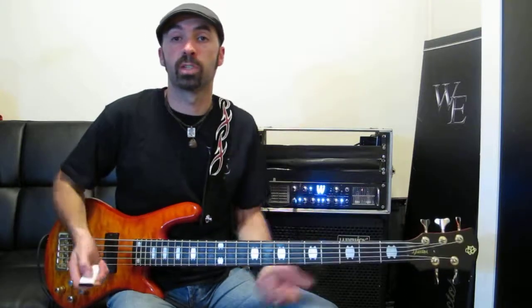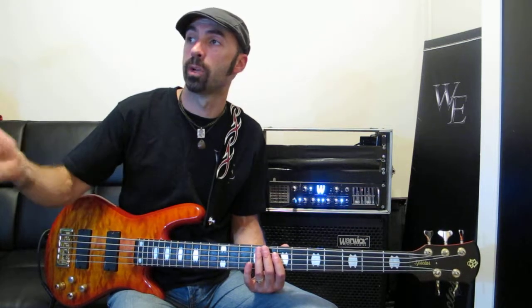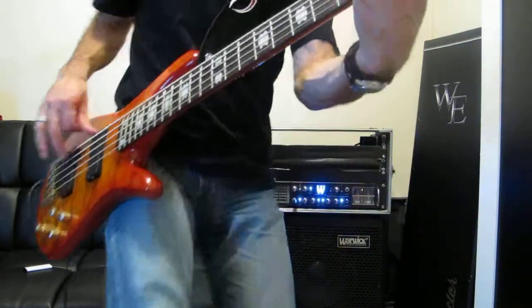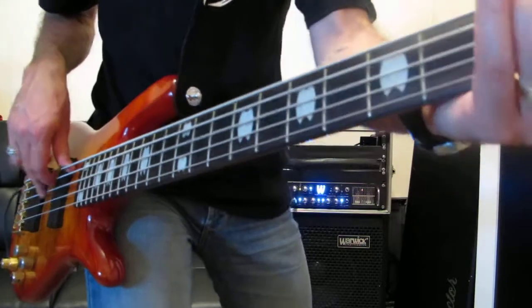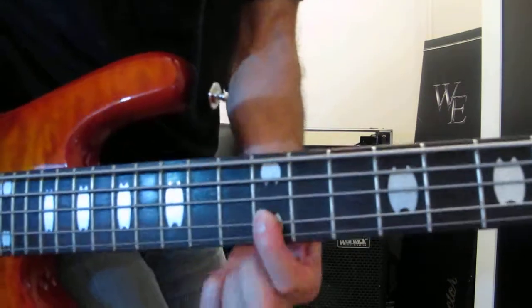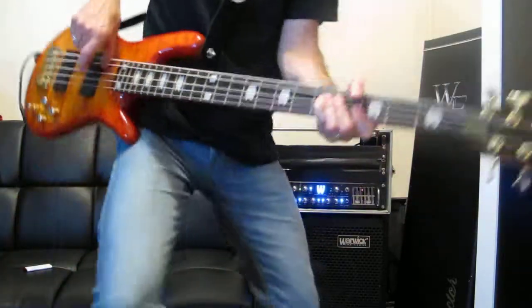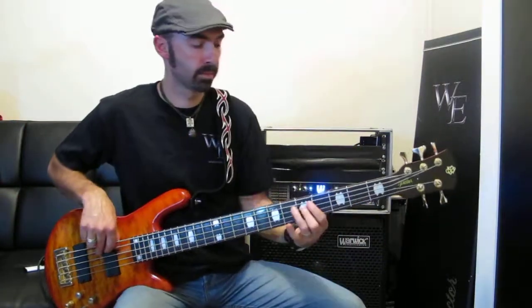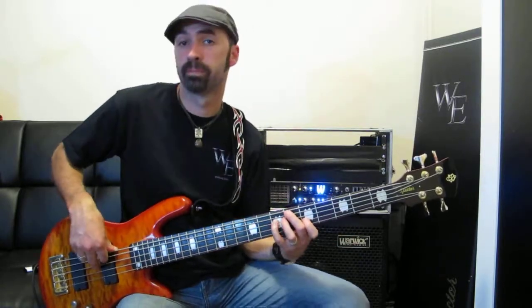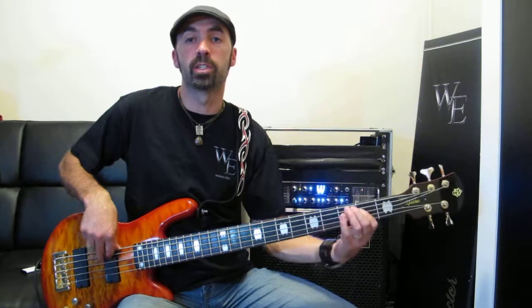Then it goes into the turnaround, which is similar to the intro, where I bring a little bit of counter melody, slightly different from the first time round. Melody. So instead of just walking down as the rest of the band's doing,